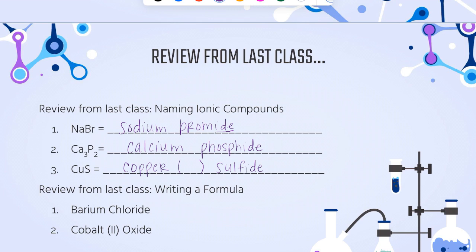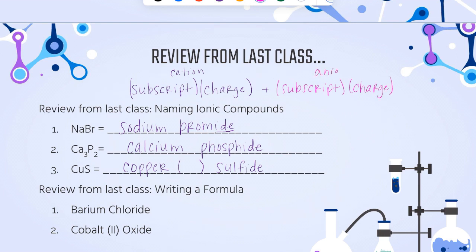So remember, to determine a Roman numeral, we can create a little equation for ourselves. So we could think that the subscript times the charge, this would be for our cation, plus the subscript times the charge for our anion. This is always going to add up to 0 because in an ionic compound, we have our charges